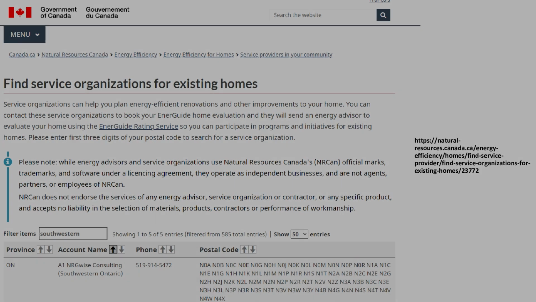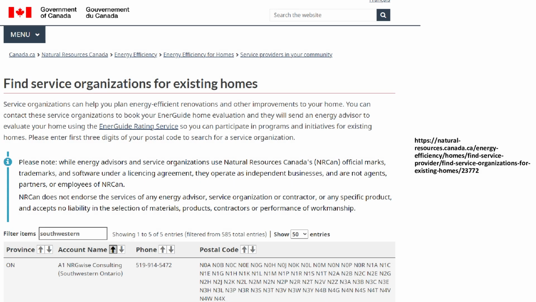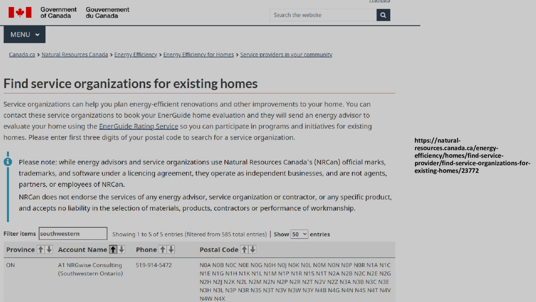Certainly, you have to look at the practicalities with respect to where you're at with finishings in your spaces. But if you're ever considering a renovation, it's the time to really consider these types of things. This is just a screen capture of the EnerCan website, where they have links to eligible and recommended energy advisors. You can put in a location like the southwestern region and the postal code where you live, and they'll provide the recommended energy auditors that would be willing to support you in this journey.